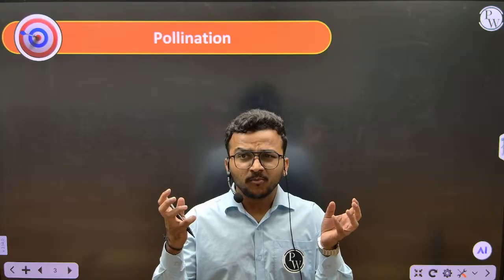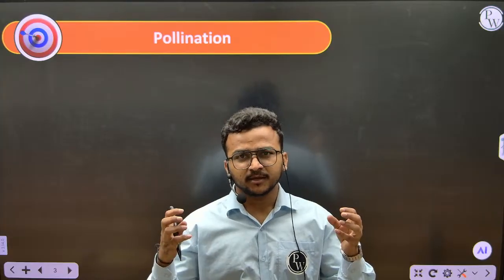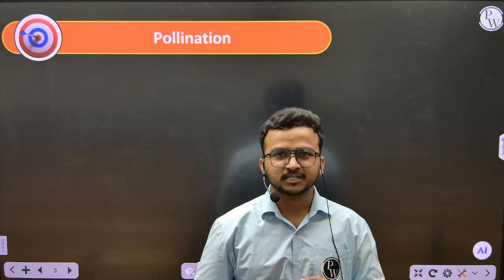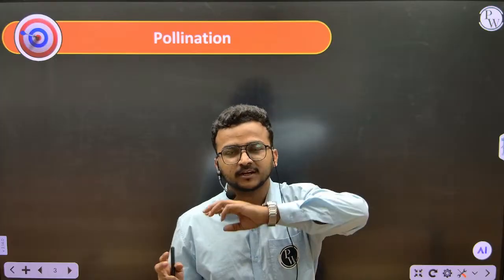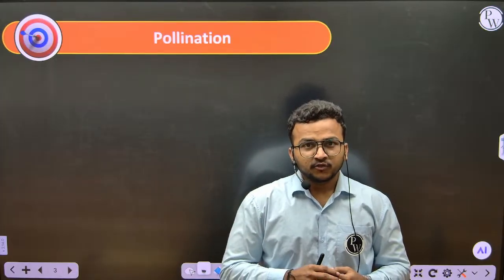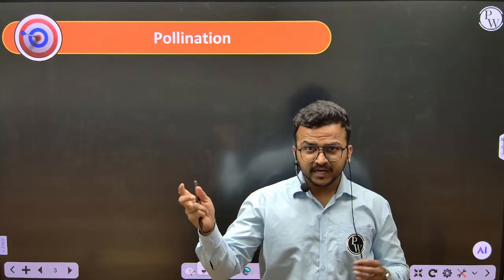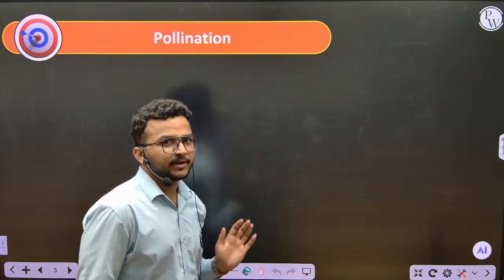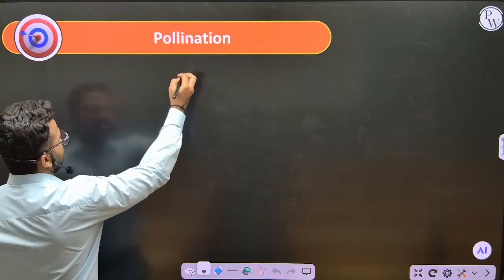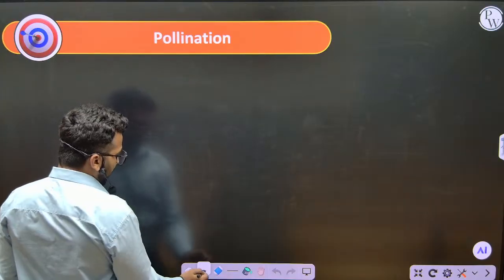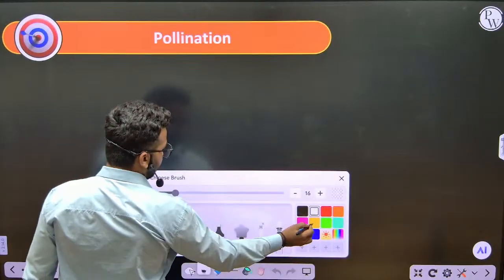So when there is no possibility of movement, the pollen grain cannot move, and the female gametophyte also cannot show movements. So due to that, we need to bring them together with the help of some medium. That is nothing but pollination. So pollination is nothing but